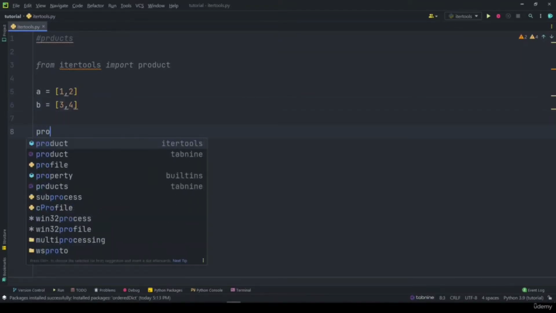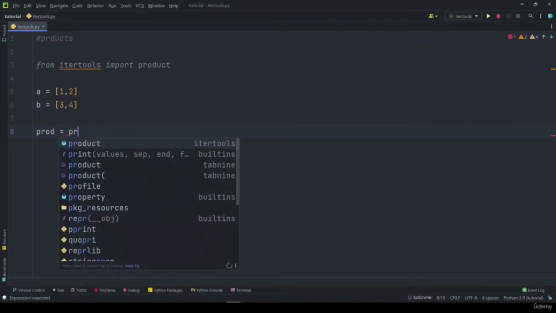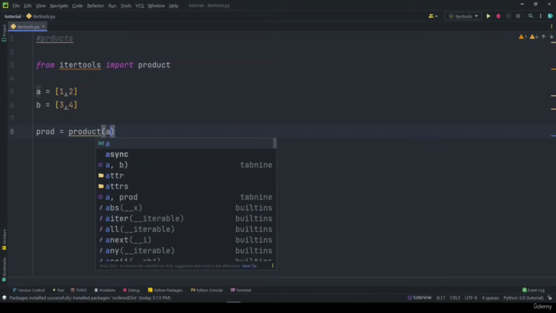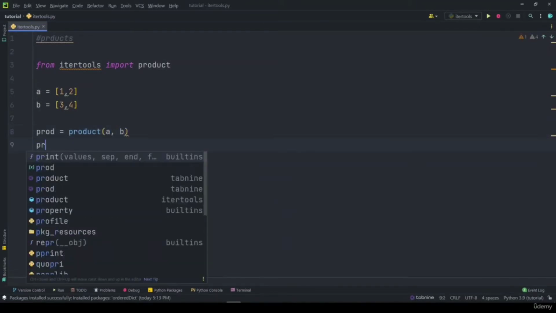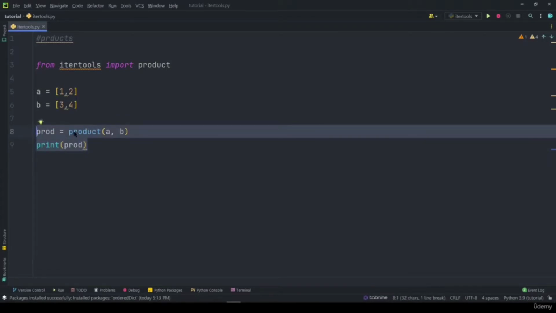So now we can say product is equal to product of A, B. Now if I just print the product, what this will do is calculate all the possible